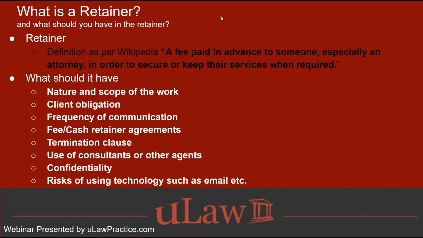But if you really look at the important aspects that should be in a retainer, we've discussed this many times: nature and scope of work, client obligation. So clearly state the rules and talk about the obligation that the client has with regards to their participation in this business relationship. So paying me on time, maybe responding back in a required manner, in a timely manner, and you define what that is. But it's important also to define what happens if that's not met. The one is to define what your expectation is. The other is to define what happens if that expectation is not met.